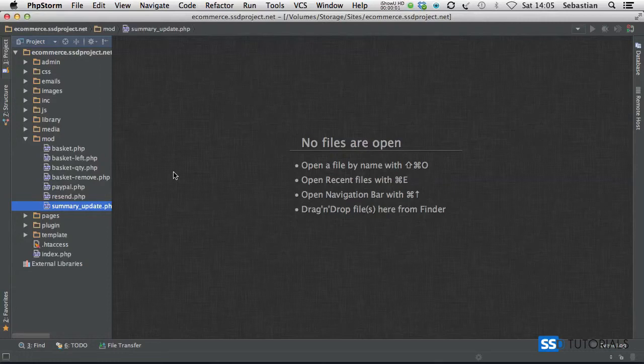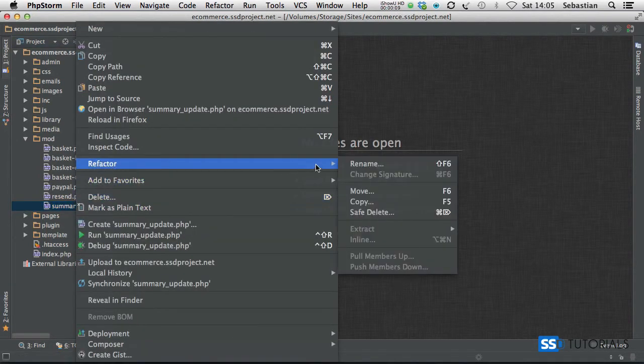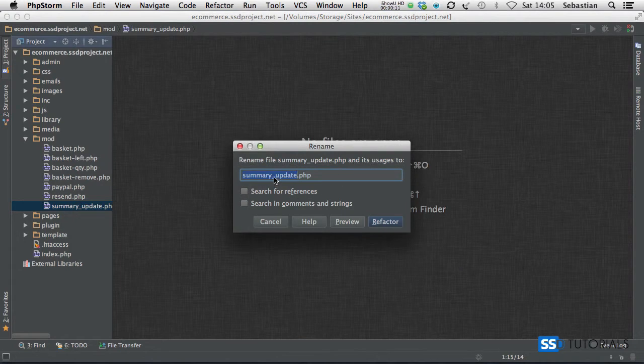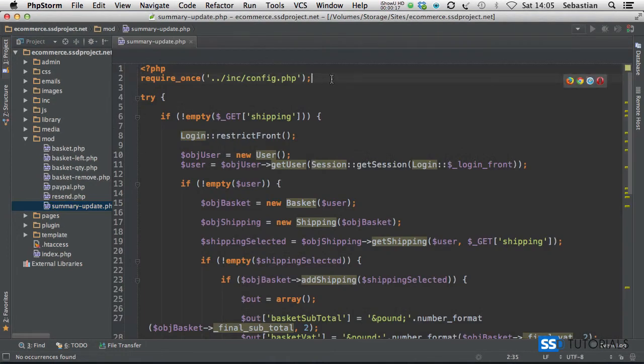The last file inside of the mod directory is called summary_update. First of all, we're going to rename it to use the hyphen rather than underscore. So it's going to be summary-update, then refactor. And if we open this file, first of all, we're going to remove this require once config,